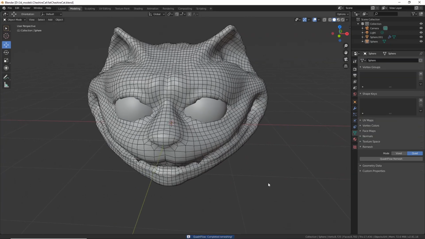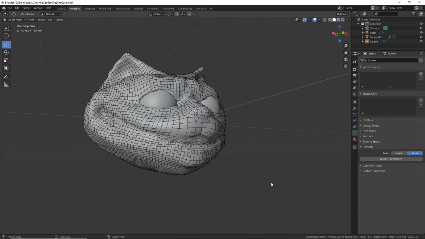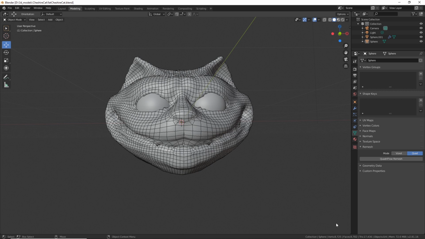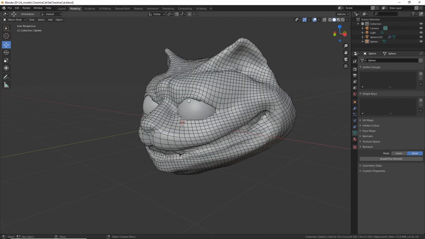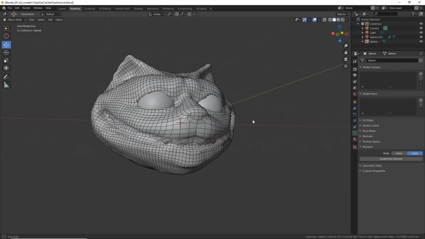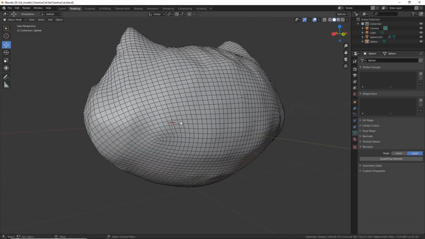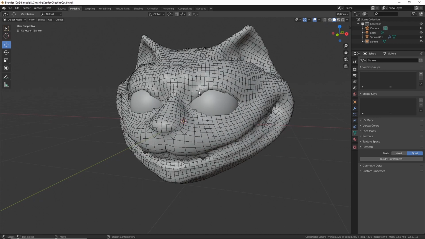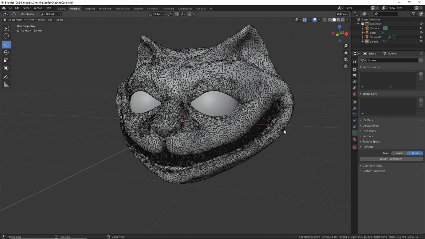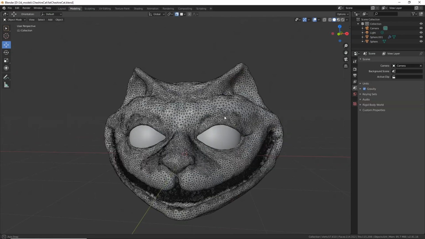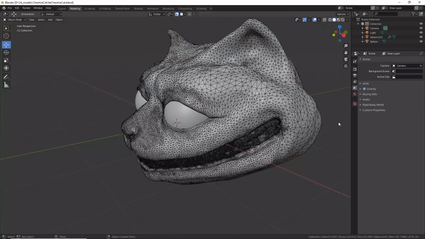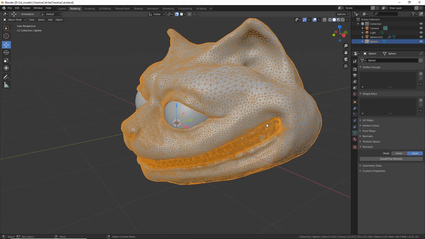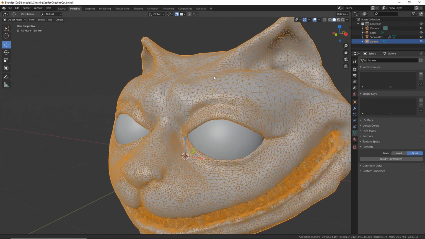You can see it's not terrible for a low poly mesh. It looks like it's 8,000 faces, 17,000 tris, but it's obviously got some issues in the eyes. And it's doing an all over equal mesh again, which is not great because some of these bigger, smoother areas, we don't need as much topology. So what we can do to get better topology than the traditional remesh, which is going to do an all over kind of equal topology,